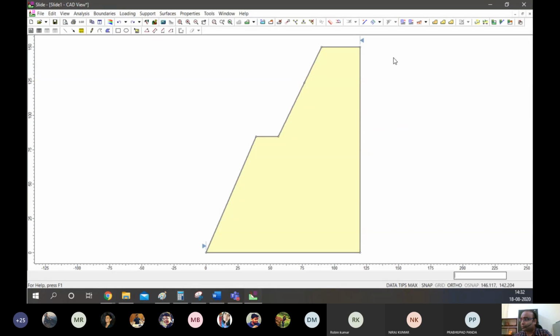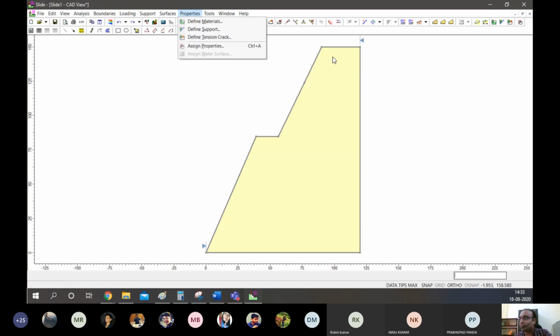And what comes next is, what is the material that is filled inside. So yesterday we saw what material properties we can put. Let's see again what these are. So in properties we define material. There are so many definitions that we can put. We can put tensile cracks that we discussed in our slope technology work.